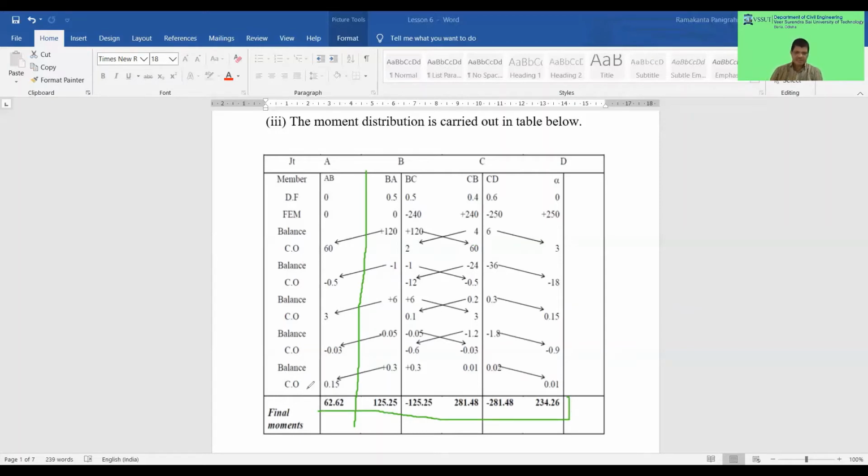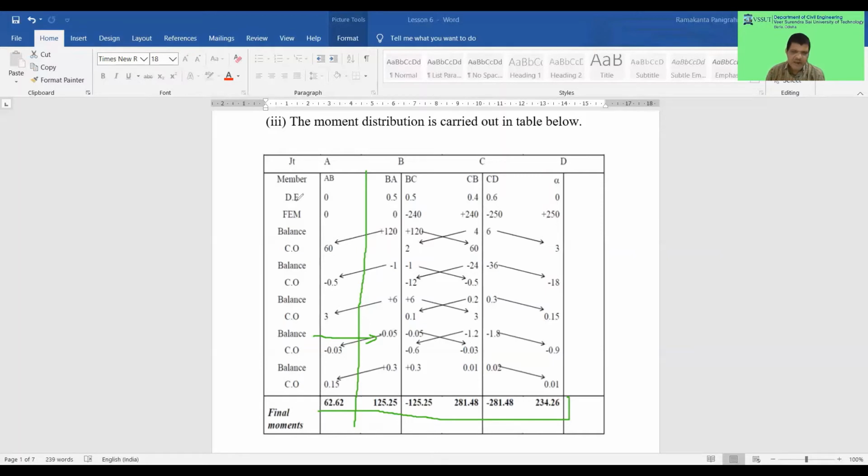Generally, you can stop at a balance, but at the balancing you then have to do the carryover. If you have less time, you could have stopped here, or at these points where it is coming 0.005. The other two you may not do because the final result will hardly vary. For examination purposes, if you see after 3-4 cycles the values are coming very small, stop there. Don't go further; 0.05 is sufficient. So this is how we do it.